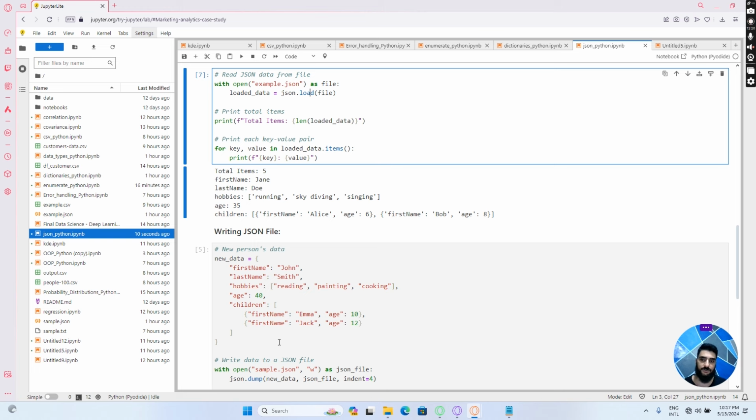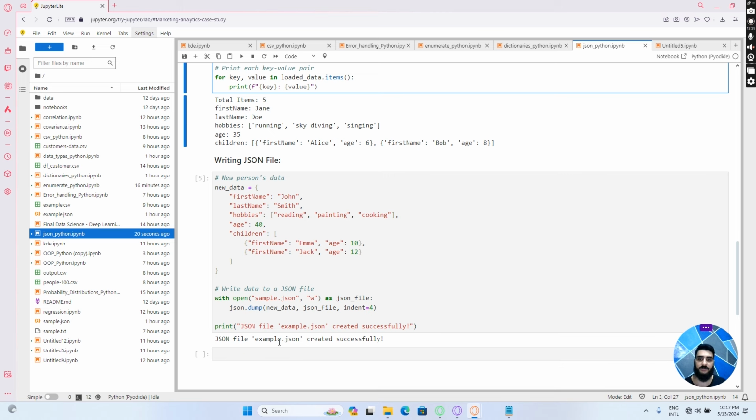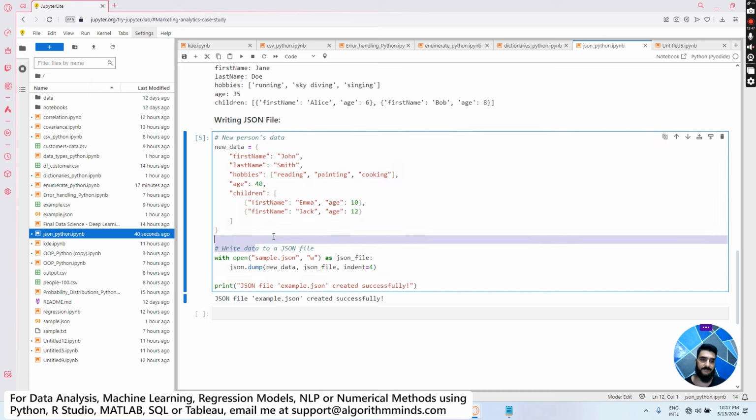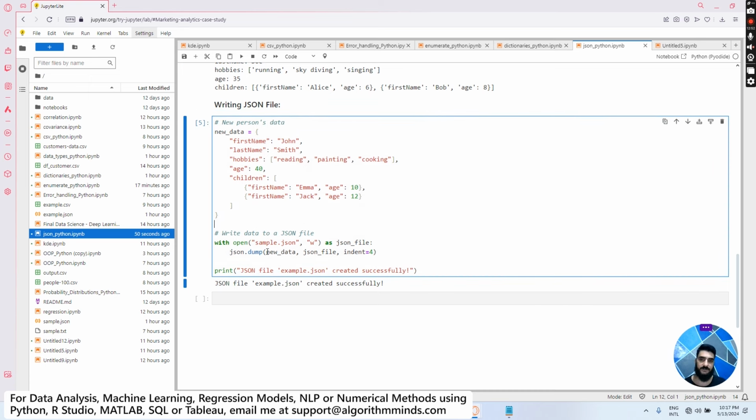For this purpose, I'm going to create a Python object here. We have new data, which is a dictionary, and it has key-value pairs: first name, last name, hobbies, age, and children. Children is again a key-value pair of a dictionary, but within children we have a list of 2 dictionaries. Once I have defined my data here, now I'm going to use the with statement, whose context manager is